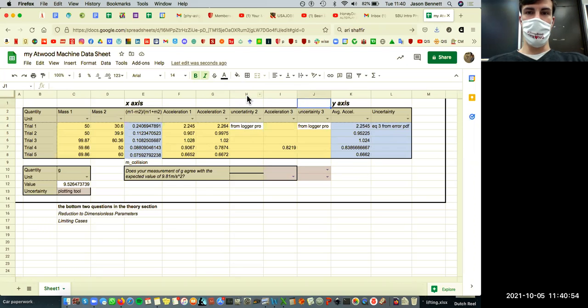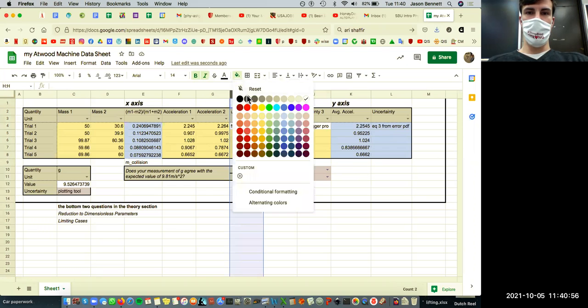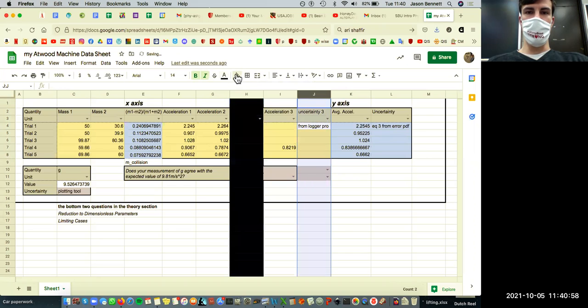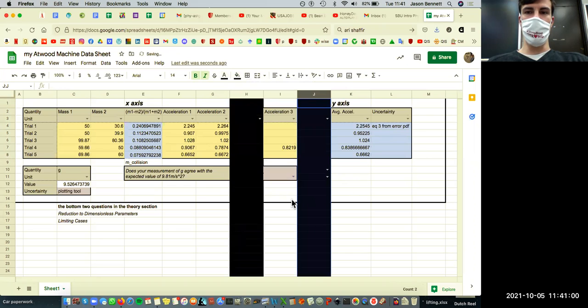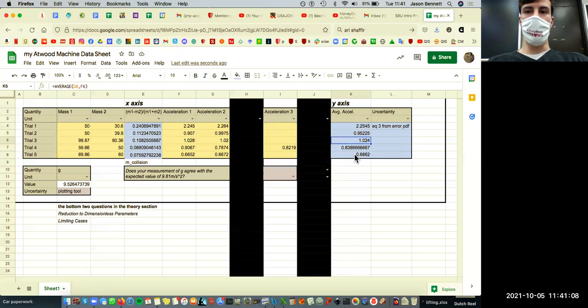Anyway, ignore H and J. You guys don't have those. I just put them in for some stupid reason. And so this average of these three quantities is your y-axis. And then what you do is you plot this using your plotting tool on the y, plot this on the x,